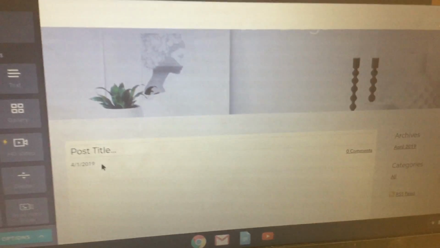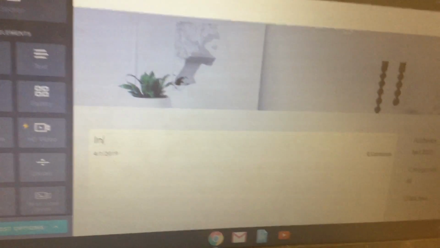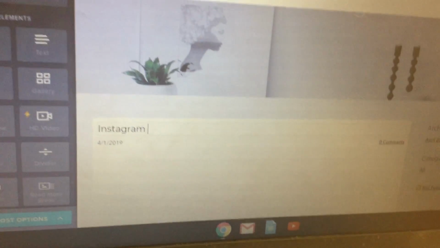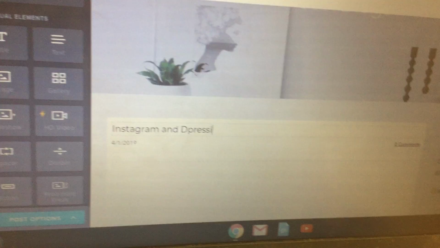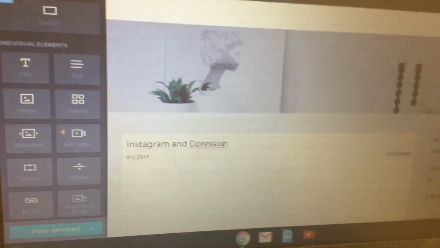And then what you're going to do is add your first topic where it says post title. So for example, mine is Instagram and depression. So then what you're going to do is copy your post. Anyway, before we do that though, we're going to need to add a text box. So we're going to click and drag a text box here